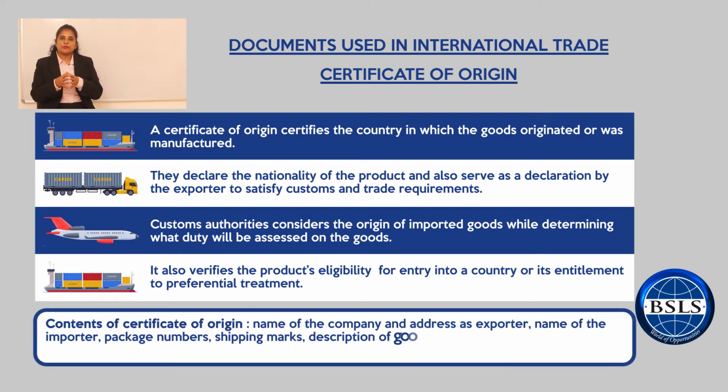The COO document represents the country of origin, that is, the country where the product was manufactured or produced. It describes the nationality of the product. The certificate of origin can be of two types, a preferential COO or a non-preferential COO. A preferential certificate of origin is one where the products are eligible for reduced tariffs or tariff-free import, while in a non-preferential certificate of origin, the products do not get any such tariff benefits.